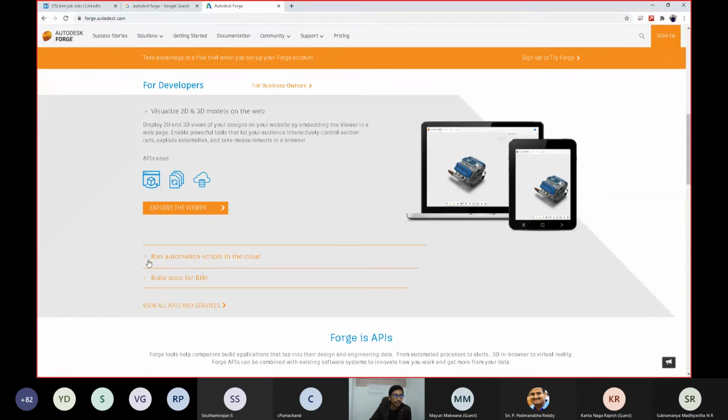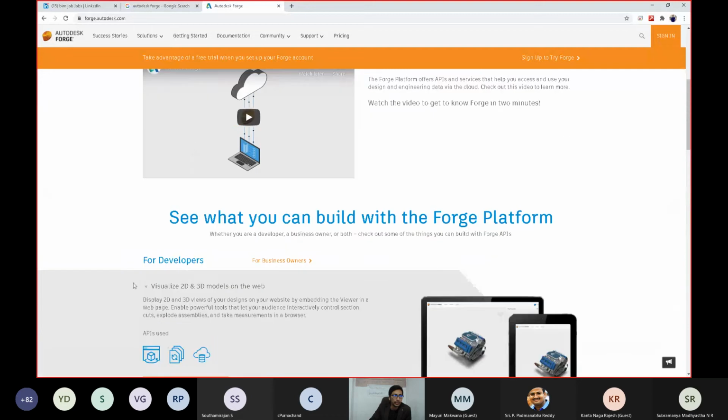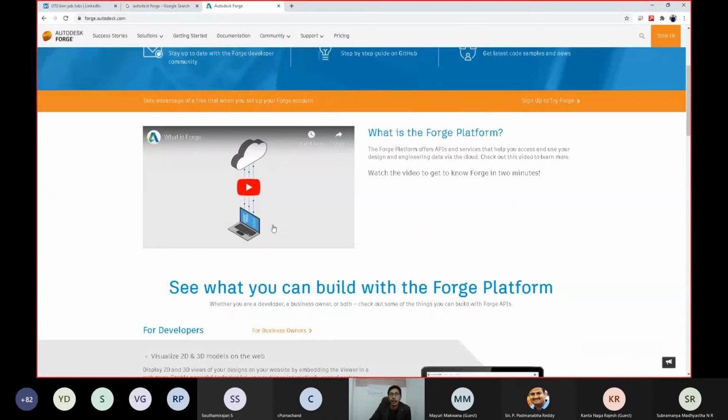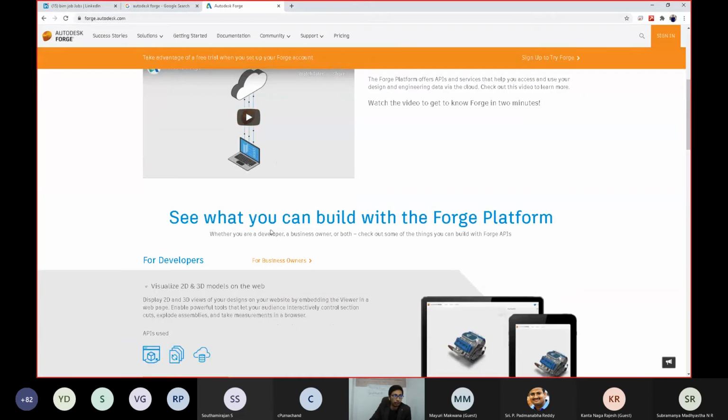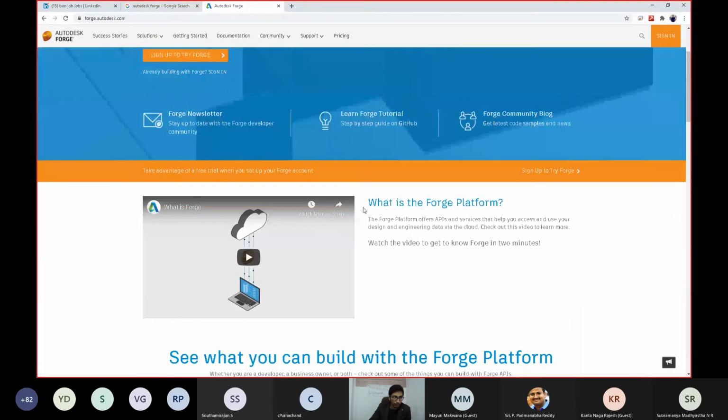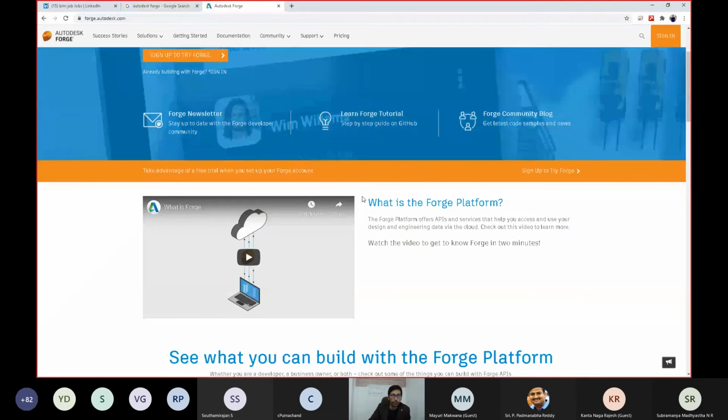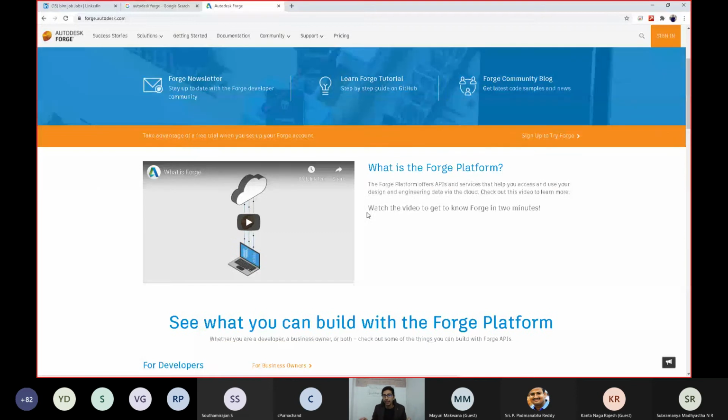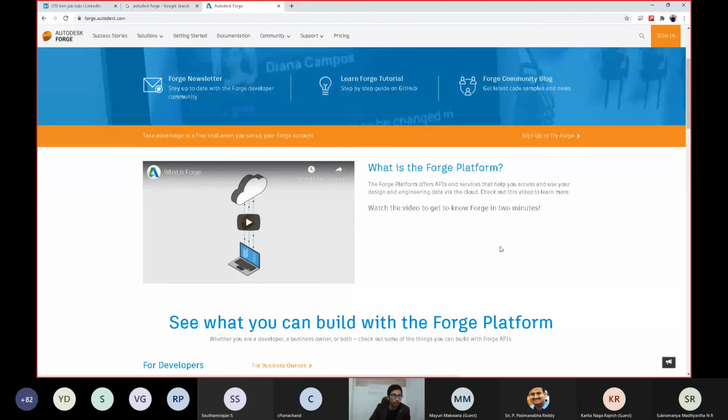You can run automation scripts in the cloud itself. That is what the Forge API is basically. Everything that you can do is in the cloud platform itself. So there are different ways where you can work with Forge. You can either work as a user or as a developer of the Forge API. You have heard of different add-ins or plugins like Dynamo, right? These Dynamo add-ins and plugins, we use them locally. But what if there are plugins we can use for the cloud platform? That is where Autodesk Forge comes in.